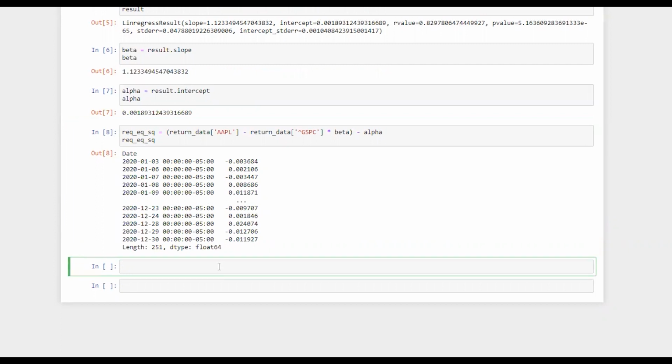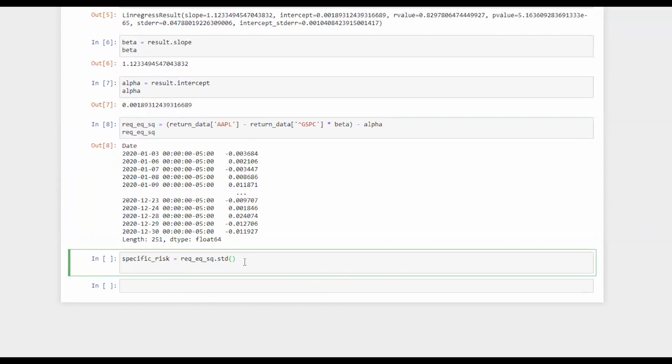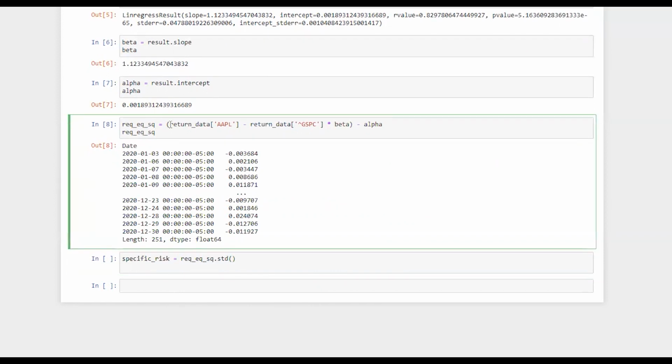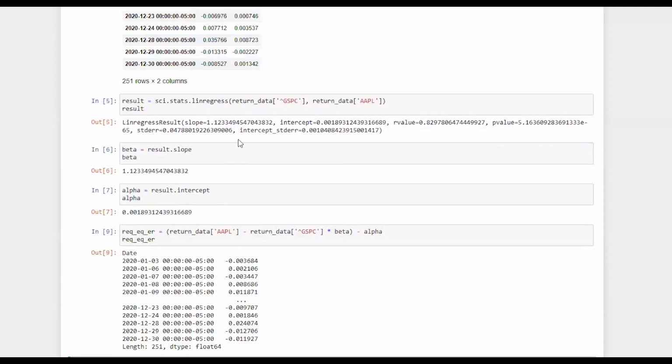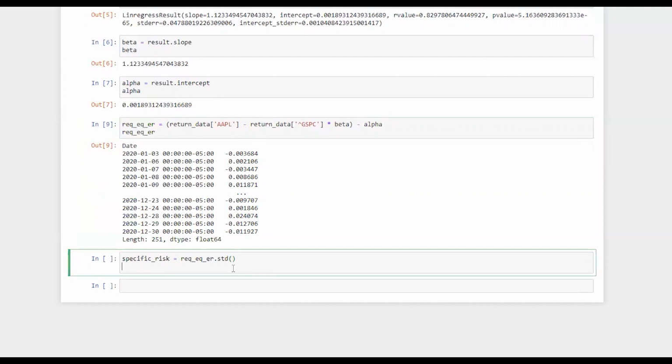Now, in order to calculate specific risk will be equal to regression equation square dot standard deviation. So it will be standard deviation of regression square. Sorry, it's my bad. It's regression equation error. So it's regression equation error instead of a square. So I'm going to run this one again. Regression square error. And then regression square error dot standard deviation. Specific risk will be equal to